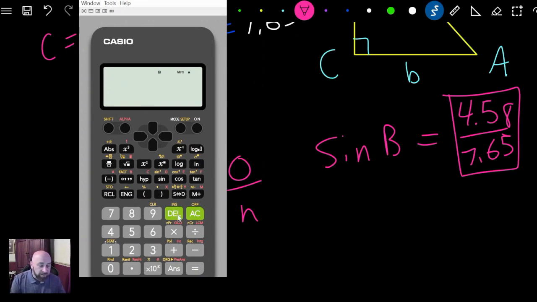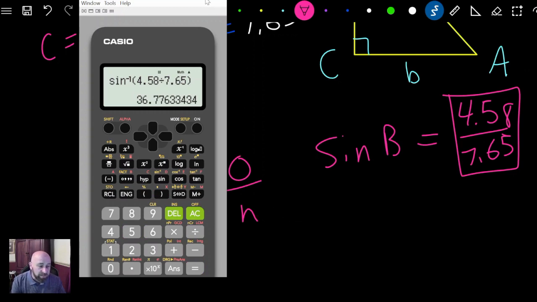So how do we find the angle? We find the angle by doing the shift sine, or the sine -1, the inverse sine of this right here, 4.58 divided by 7.65. Close that parenthesis, hit equal, and our angle is